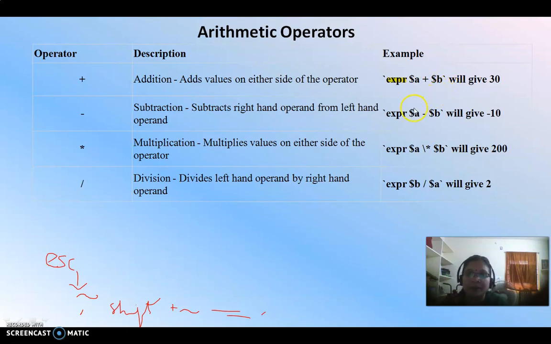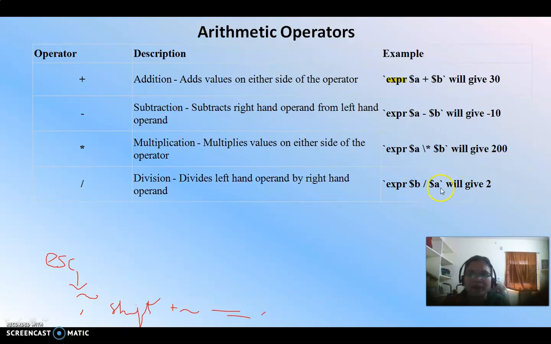In the same manner, for subtraction, expr $a minus $b will give 10. Expr $a into $b will give 200. We have division also: $a by $b will give 2.